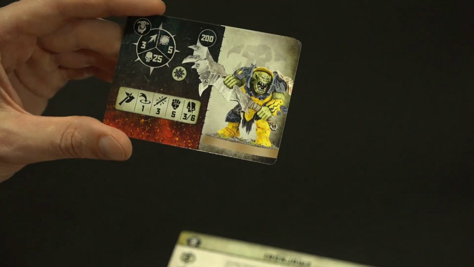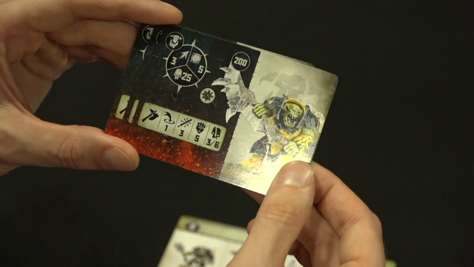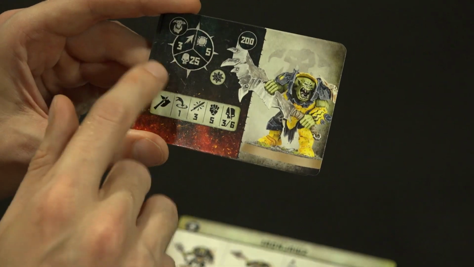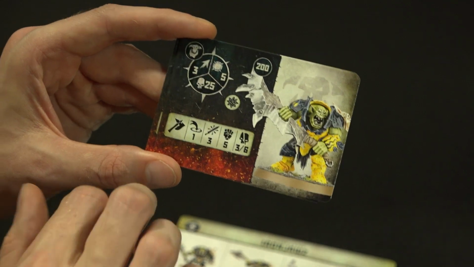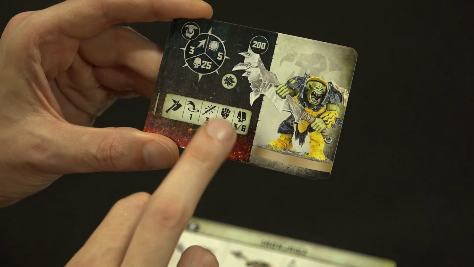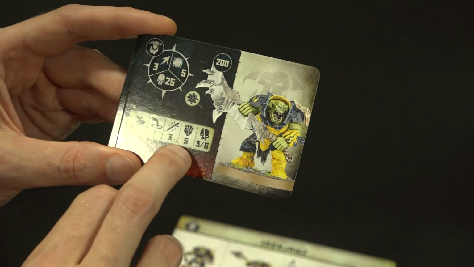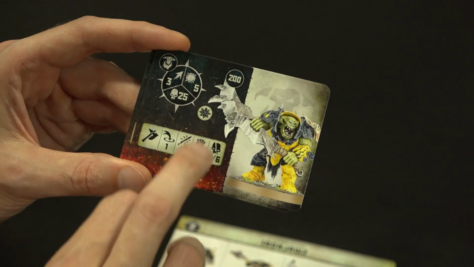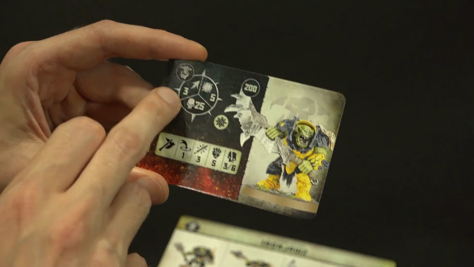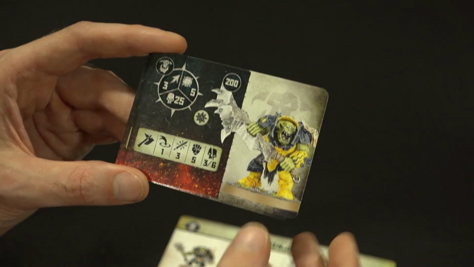You gotta love him. Now we move on to a guy who looks like he's holding a Final Fantasy weapon here, which is the Brute with the Gore Chopper. 25 health, 200 points, can do the Duff Up the Big Thing. He's got 3 attack dice, 5 strength, 3 to 6 damage a hit. That could do absolutely shed loads of damage if you are lucky and you combine it with the Duff Up the Big Thing. 3 movement,